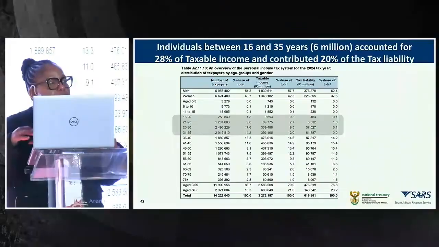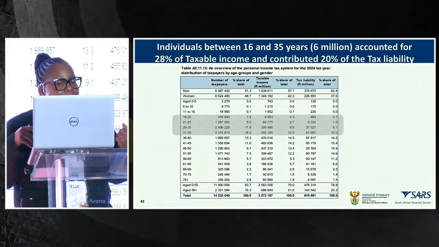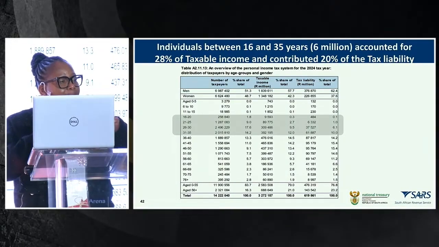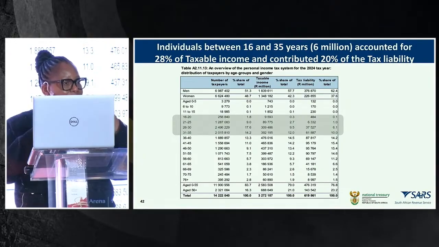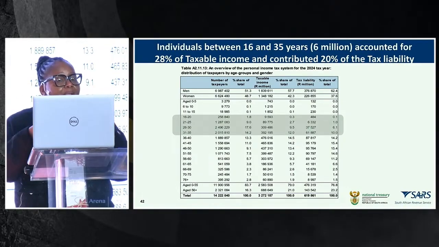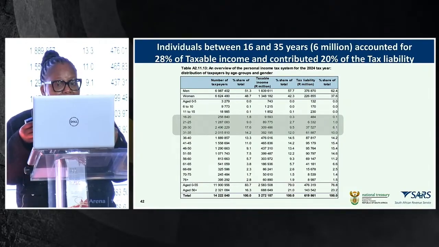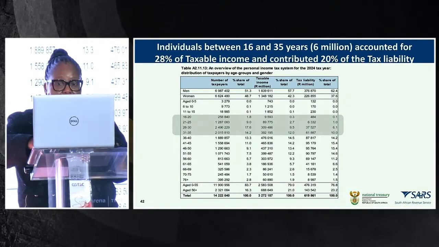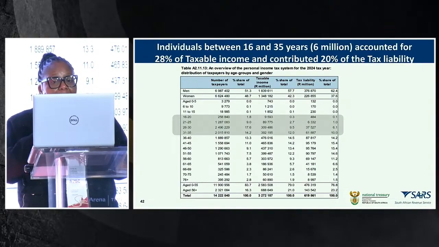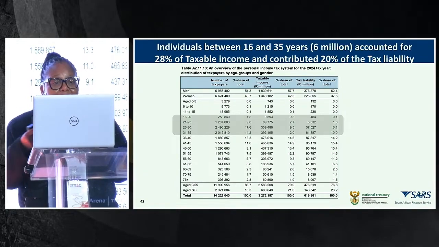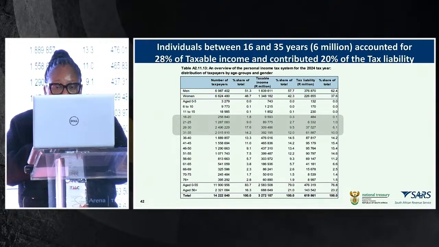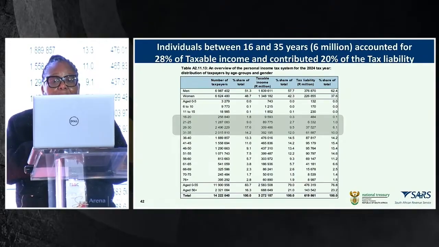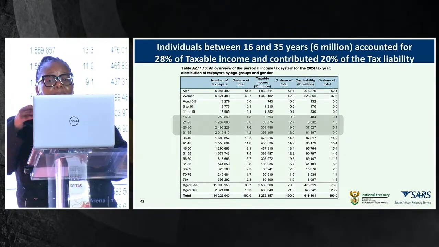So if we had to also look at the sector distribution, again, we asked the team to just select for us those that are in the income grouping 16 to 35, in which sectors most are they sitting under. Sorry, we've already dealt with this one. Which sectors, again, I think confirming the earlier point that was made by Dr. De Beer from SSA around the big contribution sectors would look